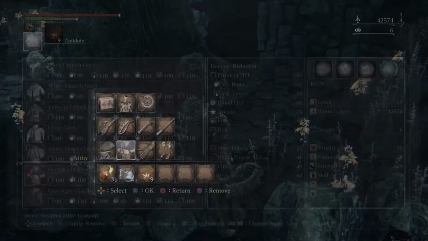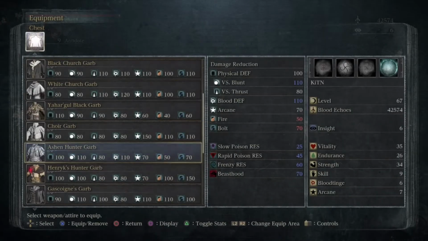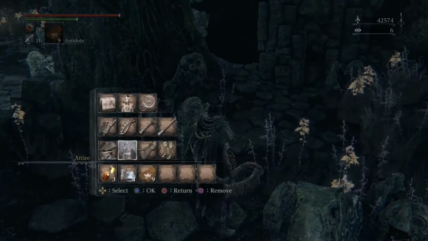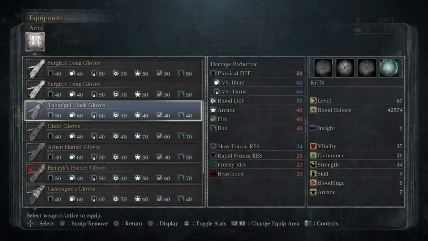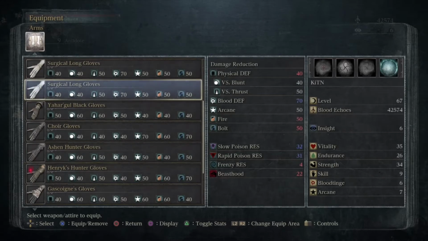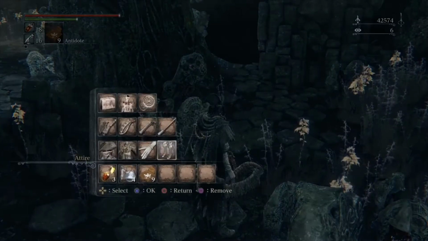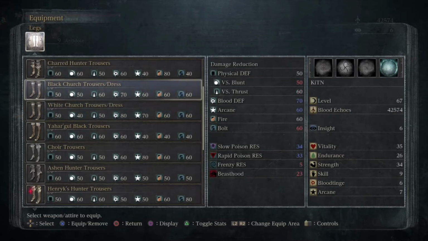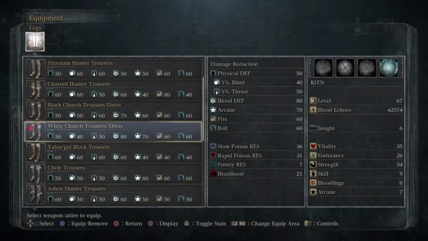It's not the best in terms of poison resistance, but it's still... Oh, this is actually not bad. 25... Oh, well, it goes all the way up to 46, right? 45. At least we still have some physical defense. I don't want to give up too much physical defense. 32 looks pretty good. I mean, I'm going to look like a clown here, but that's okay. We're just trying to survive. I think the 36...